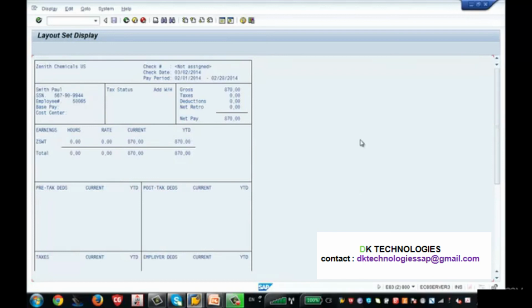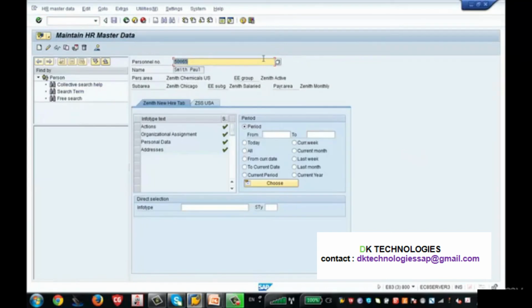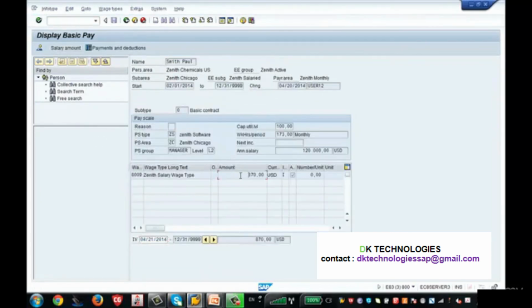If you go to info type 8 of this employee, it has only one amount, that is nothing but 870. That is the reason why it is just showing this amount. So if you go to PA30 and go to this employee, go to info type 8 and just see, only one amount 870 is there.